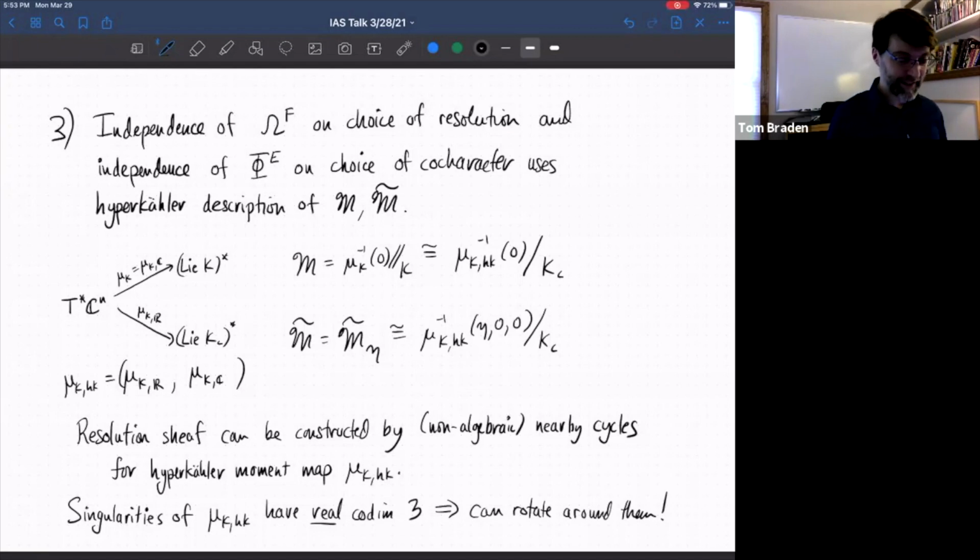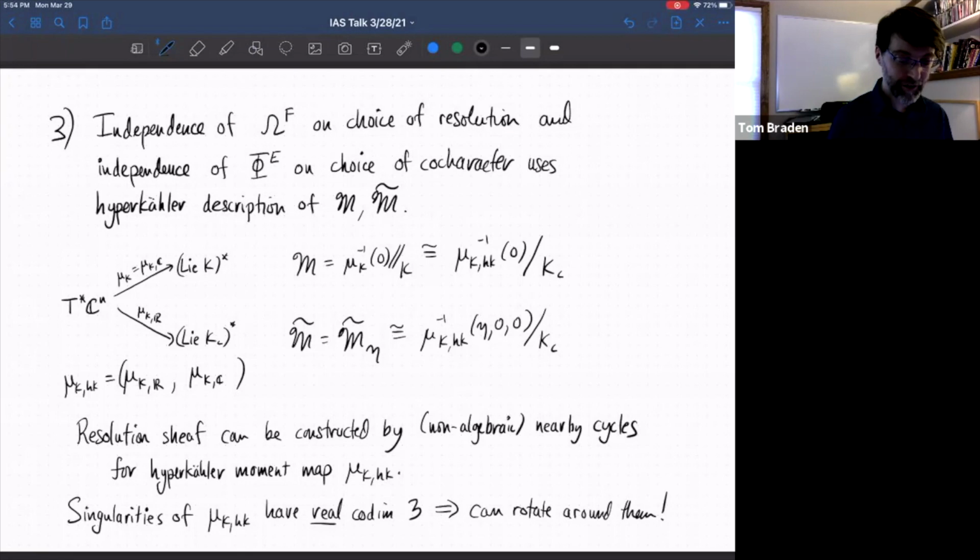This is describing it not as an algebraic variety, but as a manifold, and what happens then is that the set of parameters, the set of etas that you can take, well, now you can take not just eta, but eta 1, eta 2, eta 3, and the set of singular values of eta is now a real codimension 3 arrangement rather than codimension 1 hyperplanes that you actually have a wall you have to cross, and that means that you can actually just rotate around the singularities. But